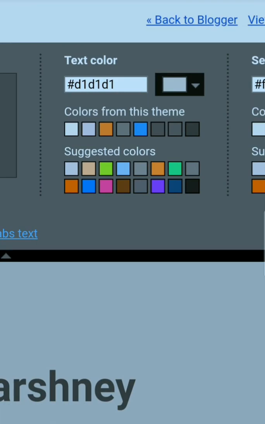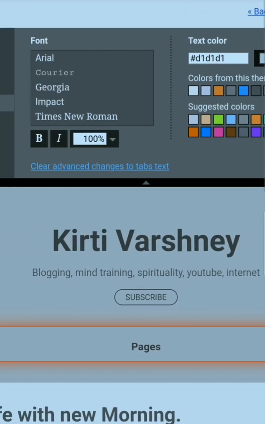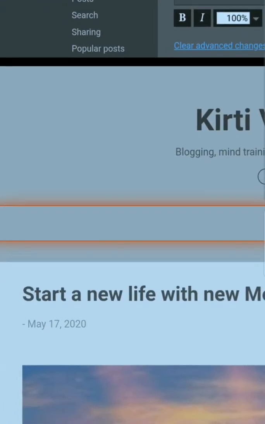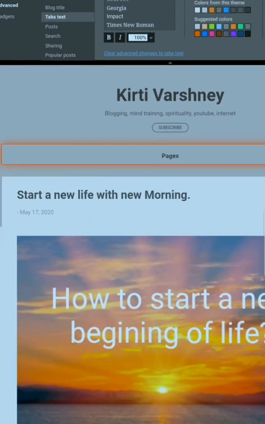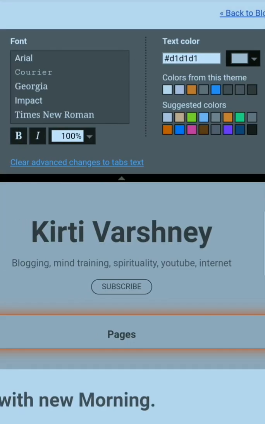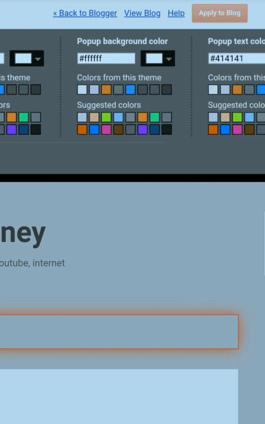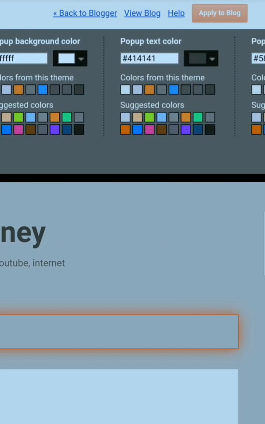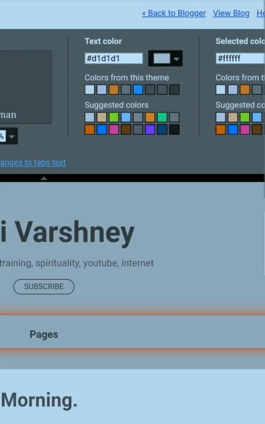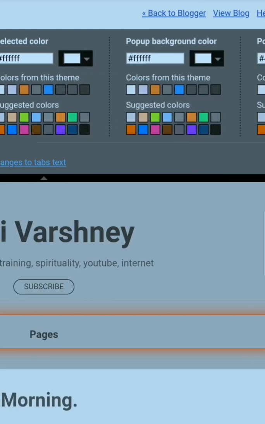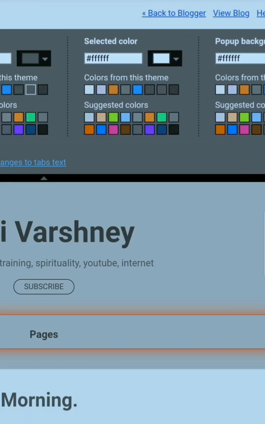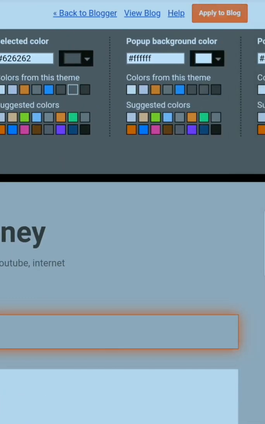For the tabs text color, selected color, and pop-up background color, for all I'm just choosing black, the middle one black. This one, this one, this one.